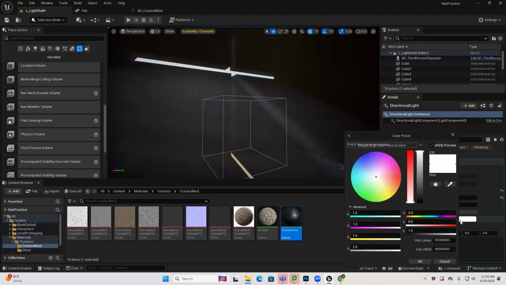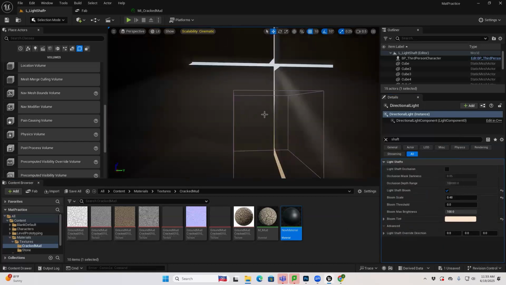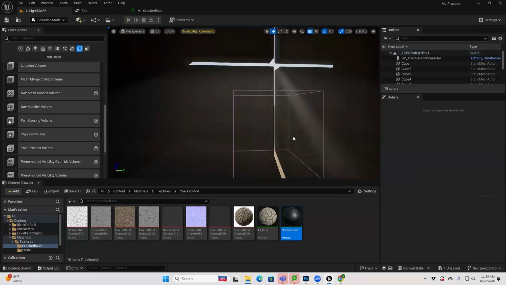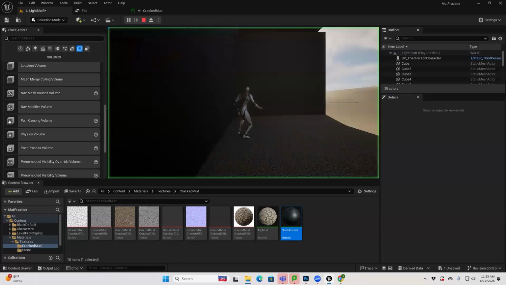And play around with it. And then you can change the tint of the bloom. Get some moodiness, right? And so now if we hit play,